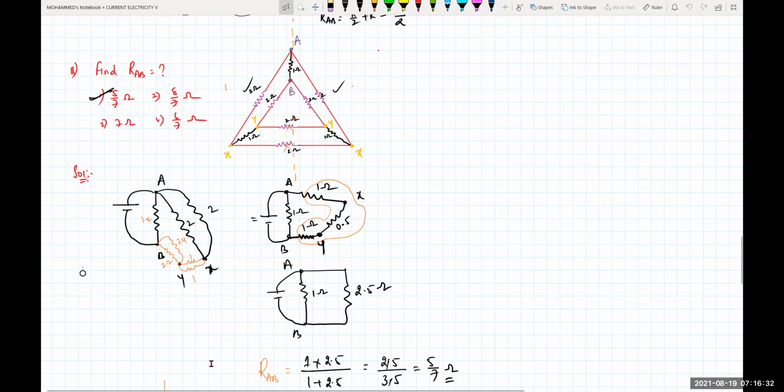See, the one which has been passing through this one will not pass. Only perpendicular will pass through that. Okay. Between A and B will not be ineffective. It will be considered, because we need to calculate between A and B only, no?